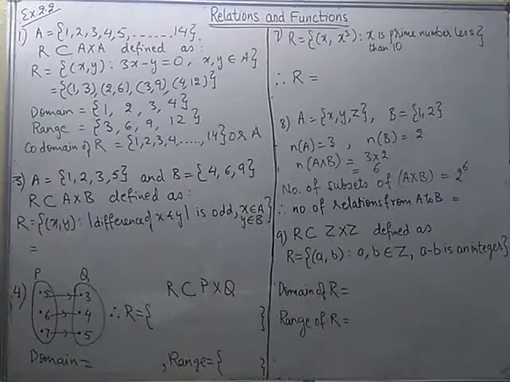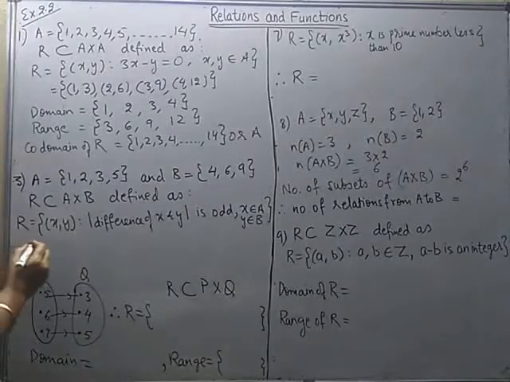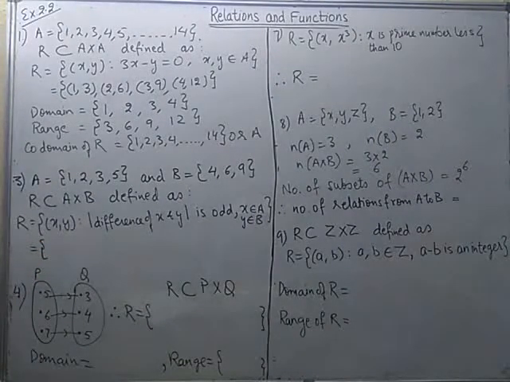You can see x minus y can be minus 3 also. So because we are taking modulus, we will be ignoring the minus sign and the number comes out to be odd. So keeping this in mind, you have to write the pairs where x minus y and its modulus comes out to be an odd number. So start assigning values to x and y. X will come from set A, y will come from set B.